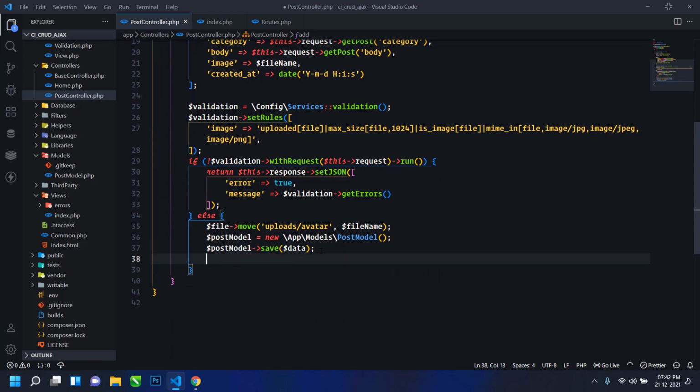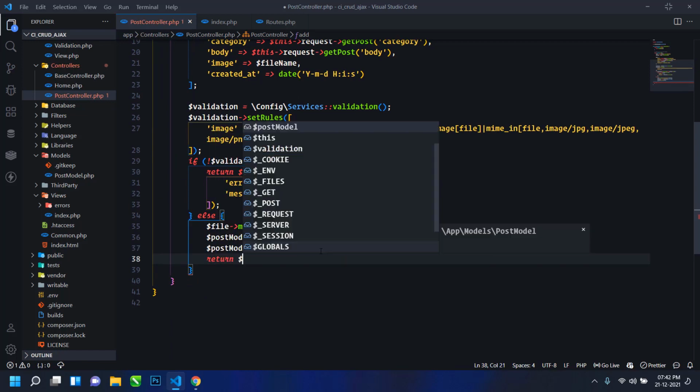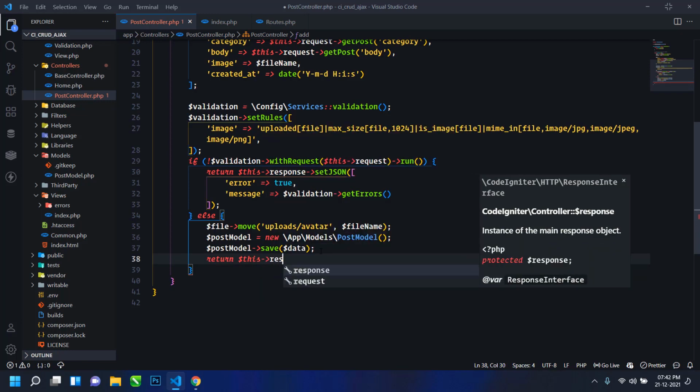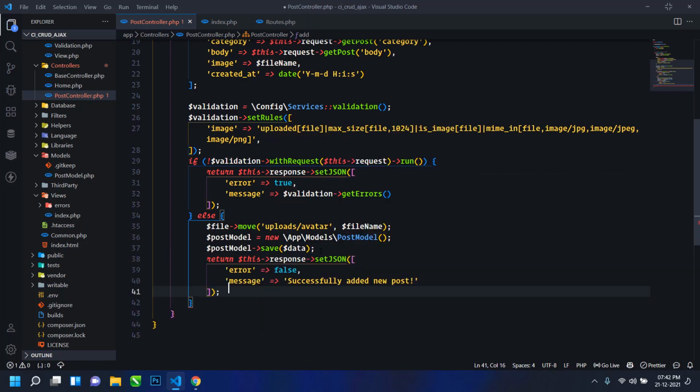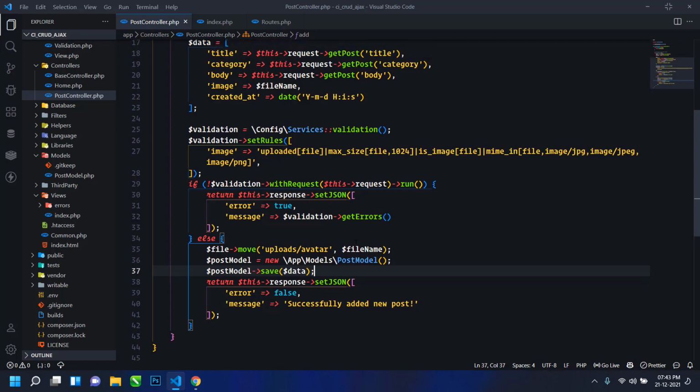Then I will return another success JSON response. Here I will use response and then setJSON. This time I will make error false, because this is not an error, and the message is successfully added new post. Whatever message you want to send, you just have to write here. Now this is ready.